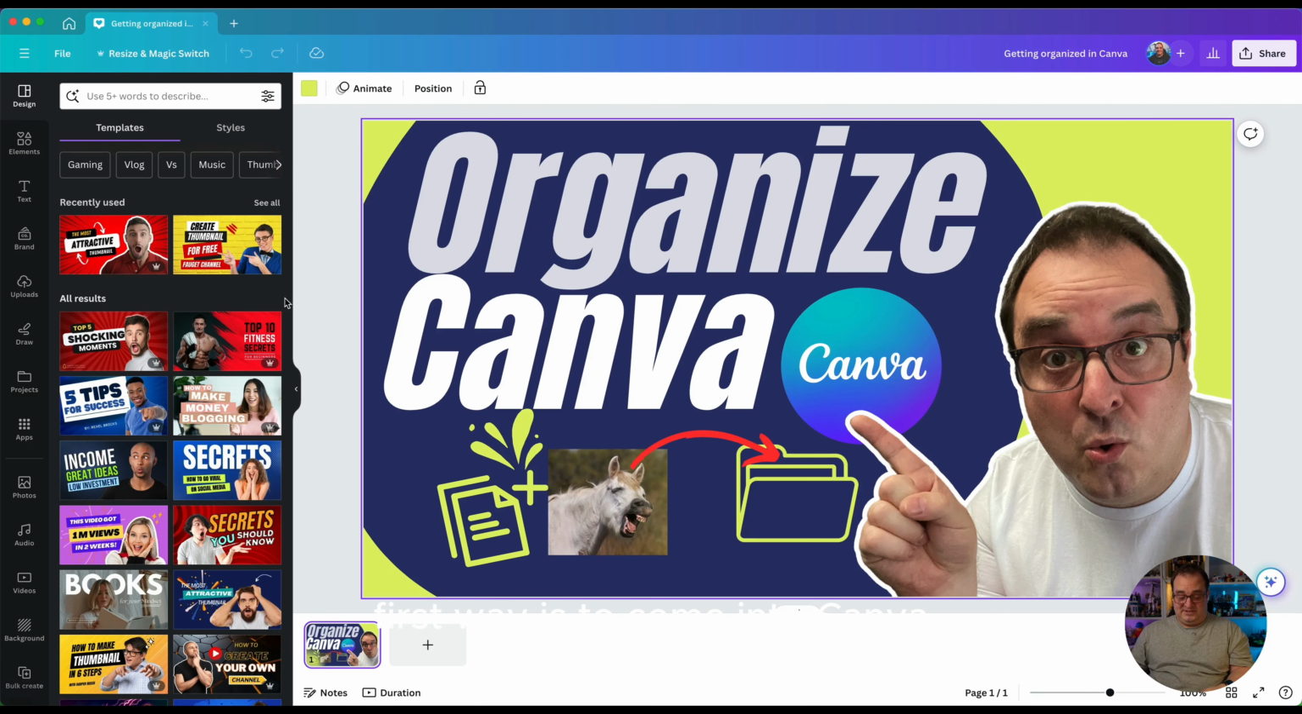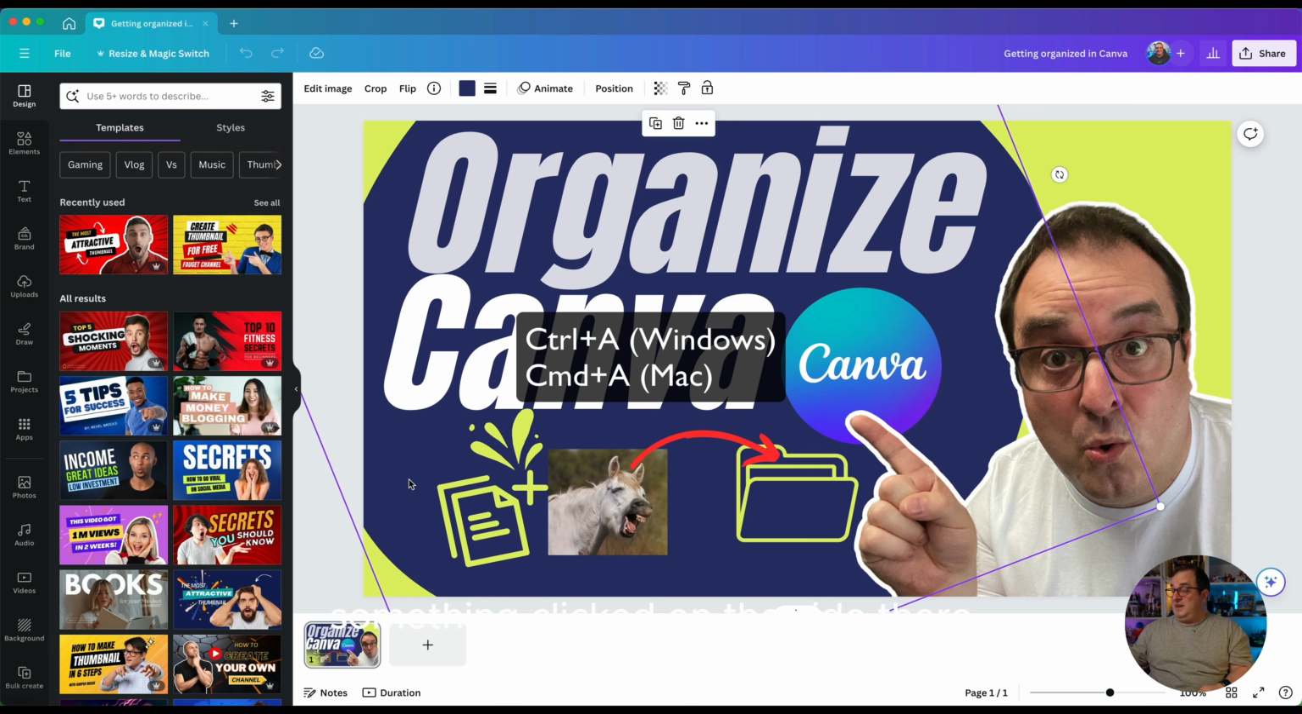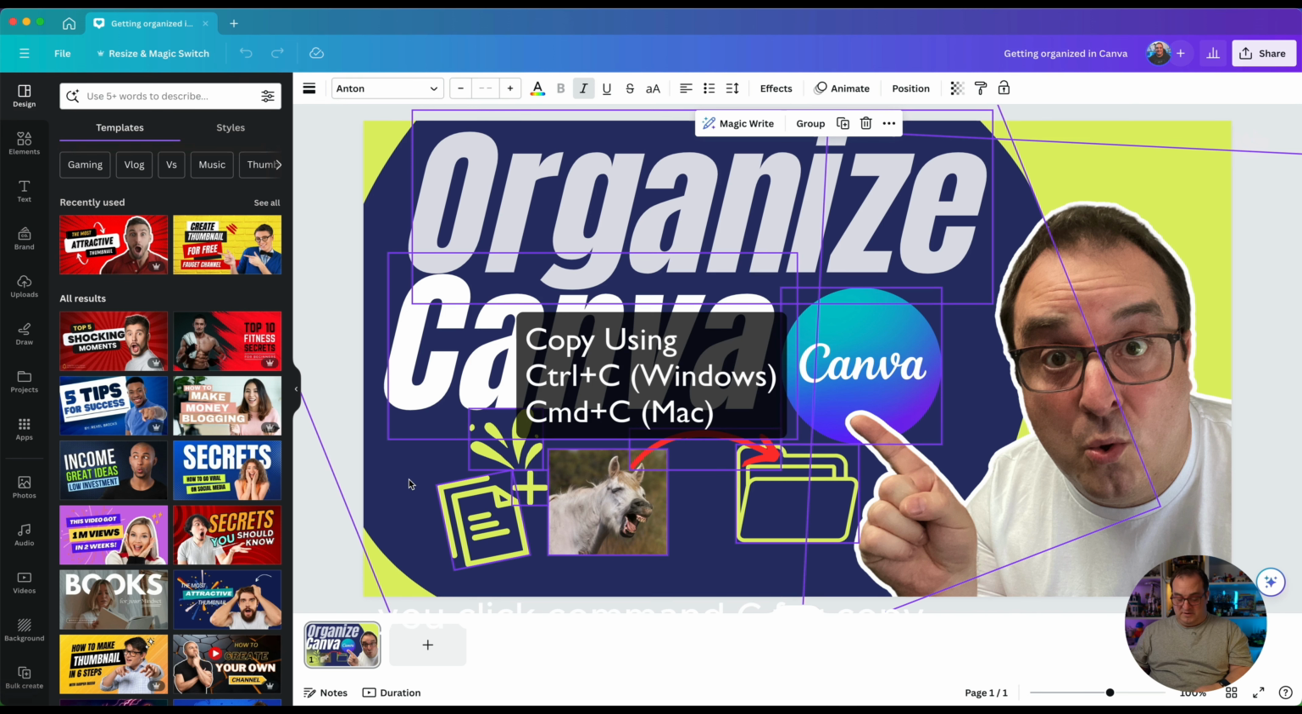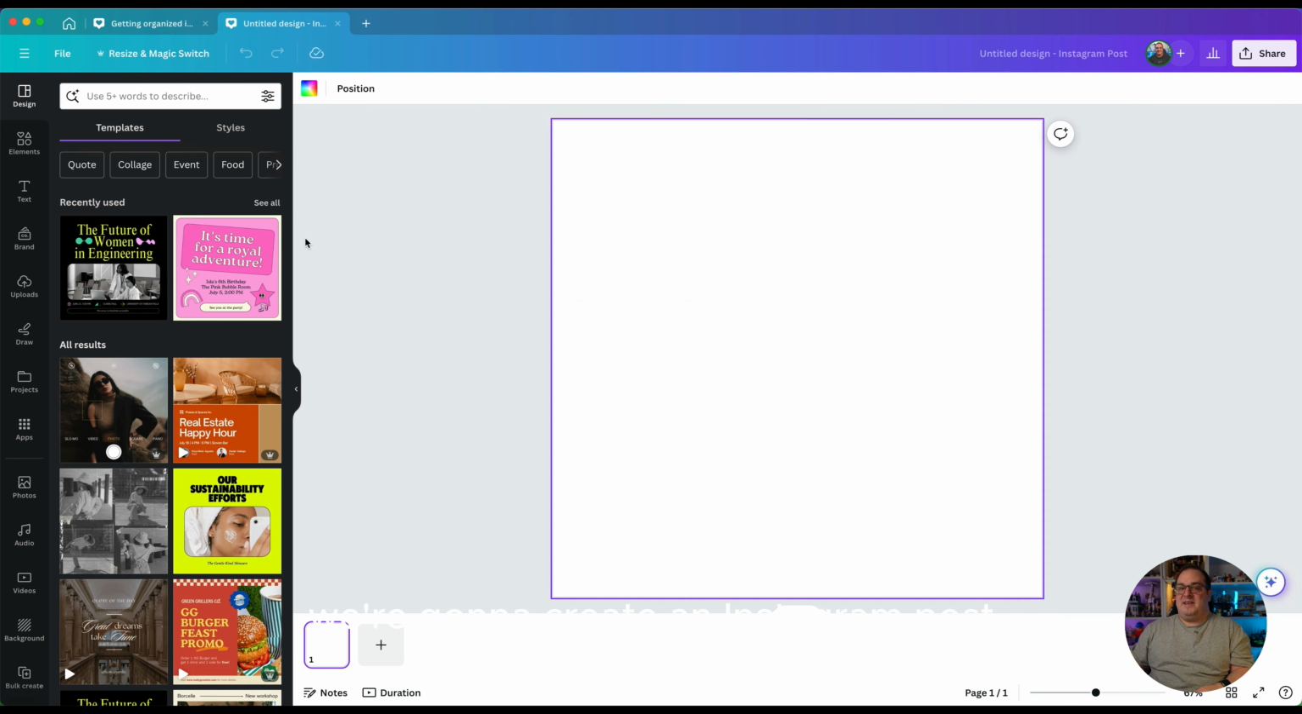First way is to come into Canva, and this is the long way. You come in, you click Control A. So once you've actually got something clicked on the side there, you can click Control A. That's going to highlight all of the elements on the page. You click Command C for copy. You come to your new design. We're going to create an Instagram post on this one, and then you just paste in your elements inside of